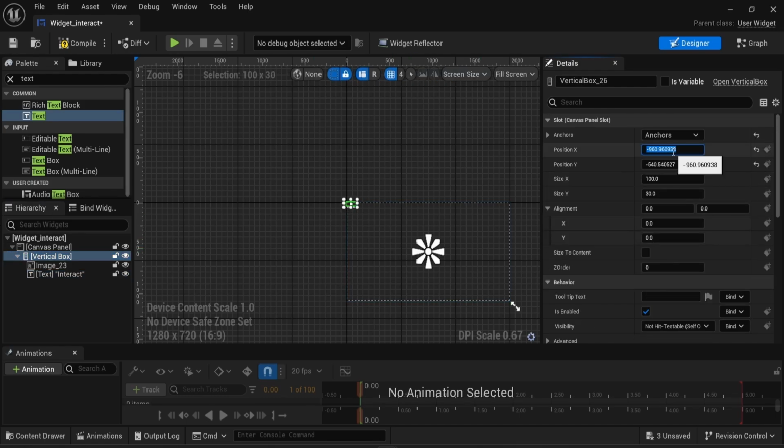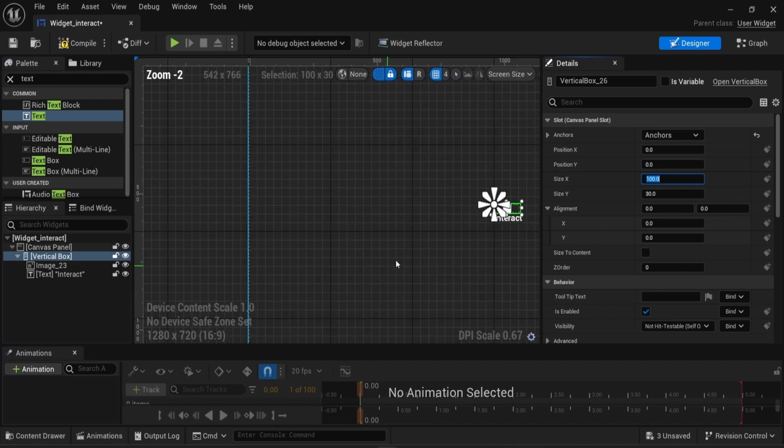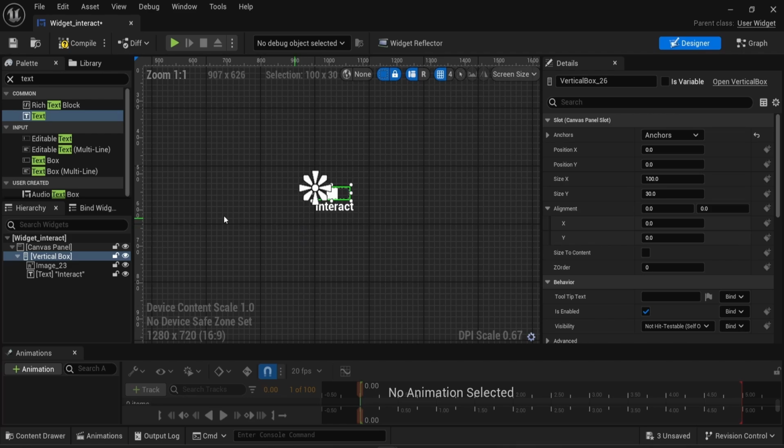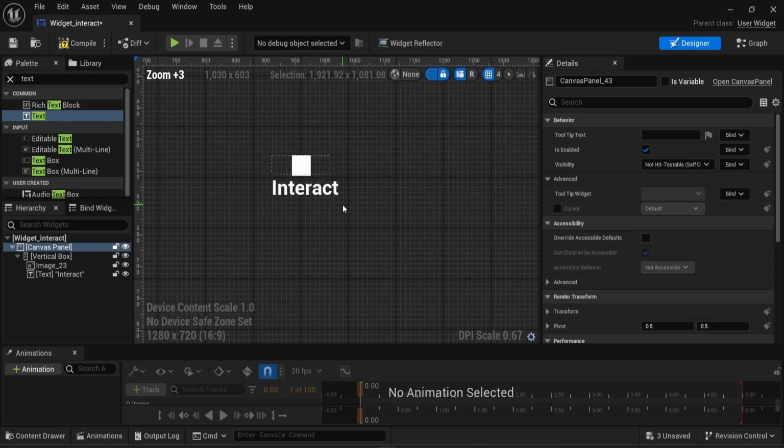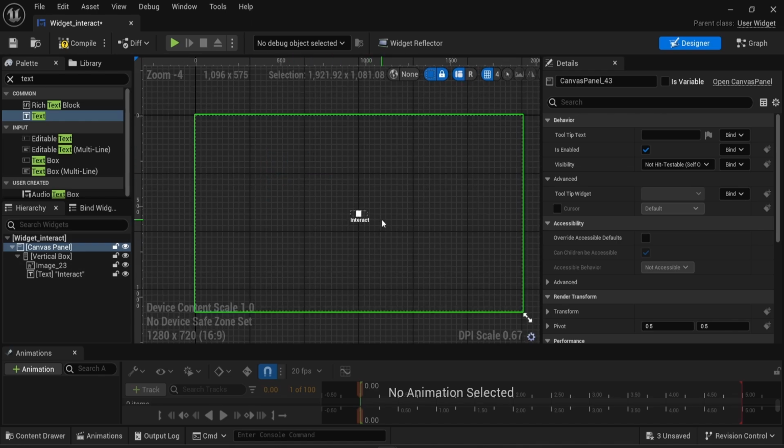Back to the vertical box, I'm gonna change the position to be 0 on X and 0 on Y. Now we can see that the vertical box is almost aligned perfectly. I just need to change the alignment from 0 to 0.5 on X and on Y. The moment I do that, we can see that everything is now perfectly aligned. So every time the player will interact with the object, this will be perfectly aligned and display in the middle